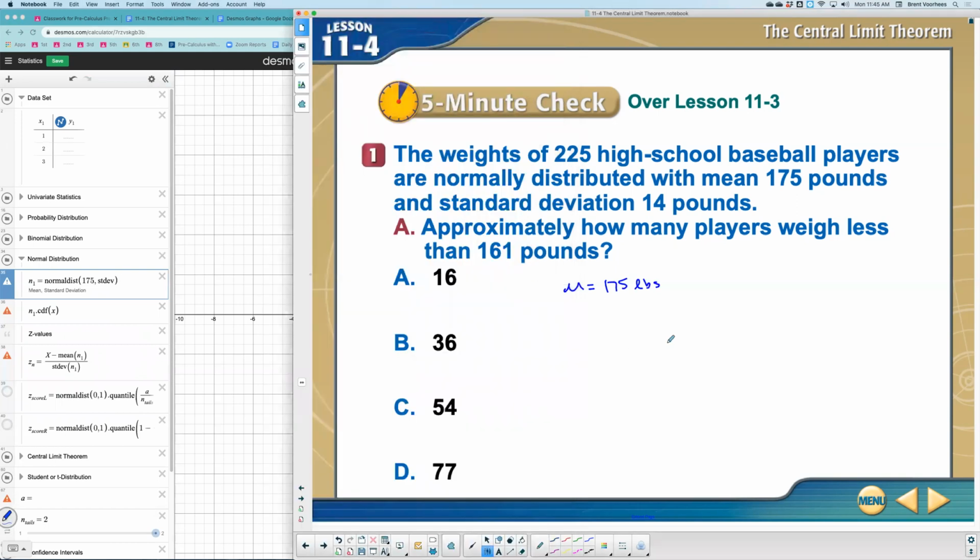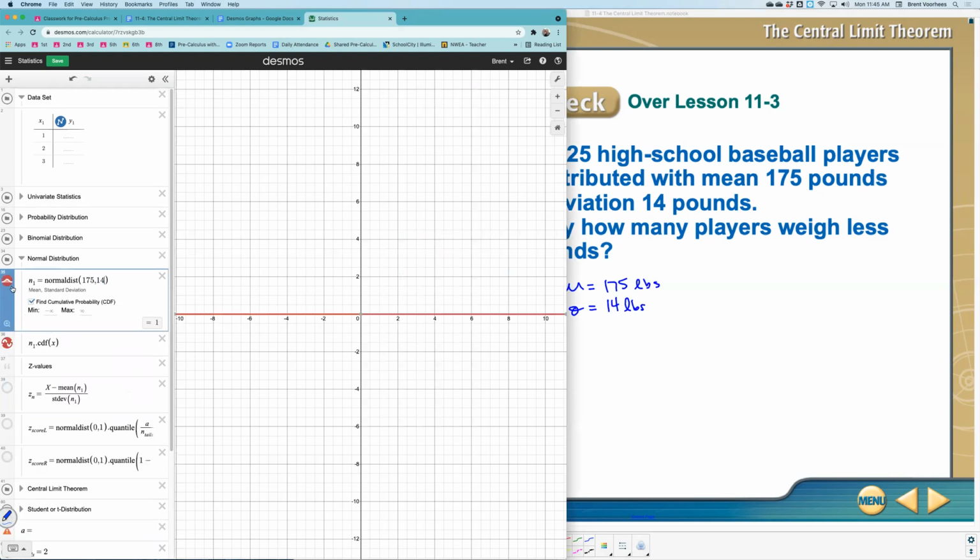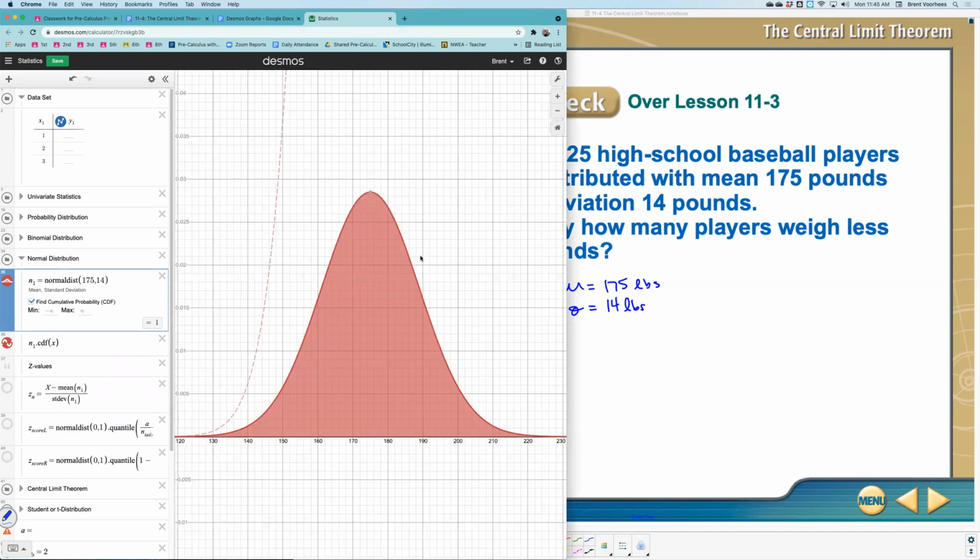And the standard deviation, sigma here, is 14 pounds. So we put that in, 14 right here. At that stage, I'm going to click this little plus to zoom fit. It'll show me, here's my chart, and this over here is the cumulative probability, or the CDF, represented on the